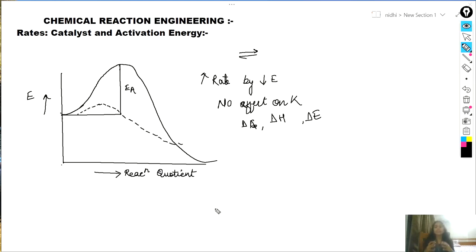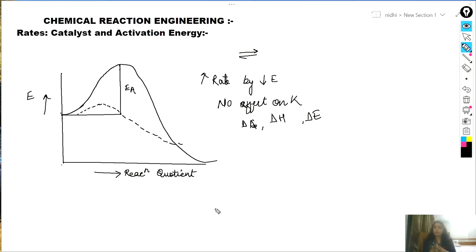We will still reach a point where the forward reaction and the reverse reaction are moving at the same rate, and because of that we will reach equilibrium. And for any reaction what we want is to reach equilibrium, but a catalyst does not affect the equilibrium